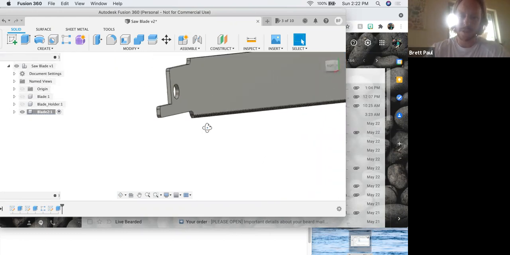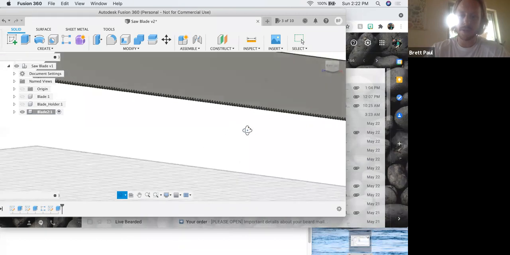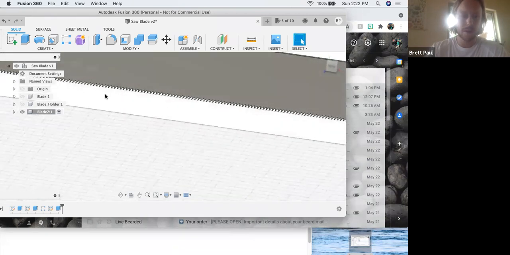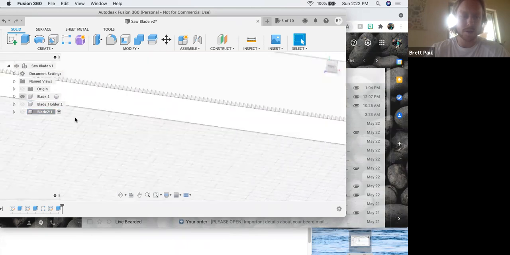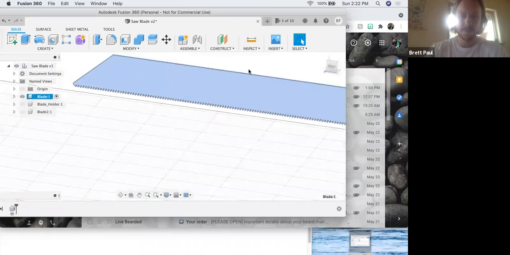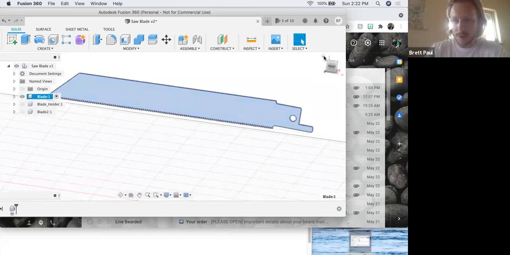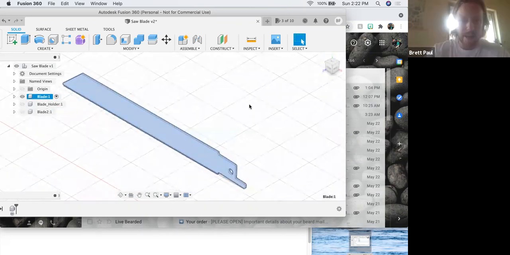Okay, so now we have a new saw blade design. And we can kind of toggle between the two to see the difference. So there's mine, and there's the old one. Let's go to home. Okay, and we can even go back up to the